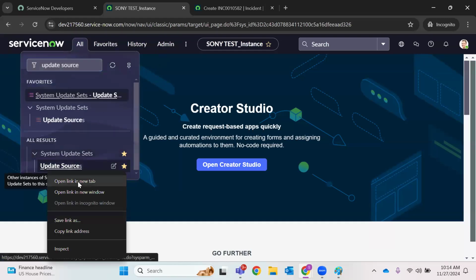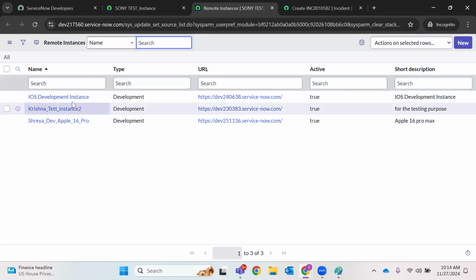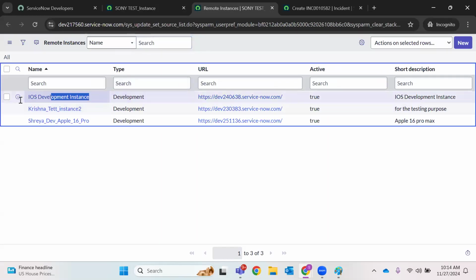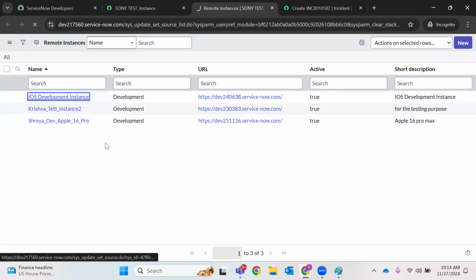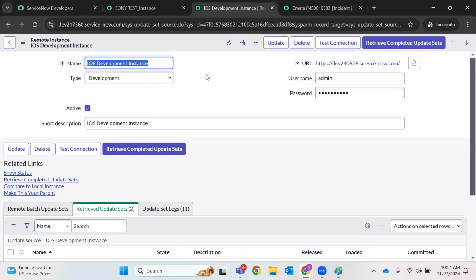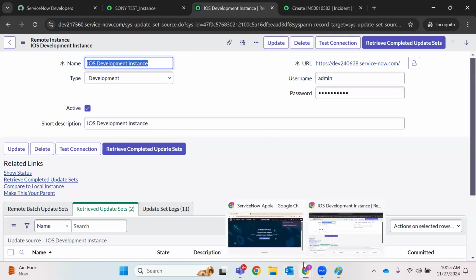To commit the changes, you need to have this remote instance set up. We have done it practically, but in real time you will have this. Otherwise, you can also create one for your ongoing project. I have given my URL, validated admin and password, and once my changes are captured in my dev instance,